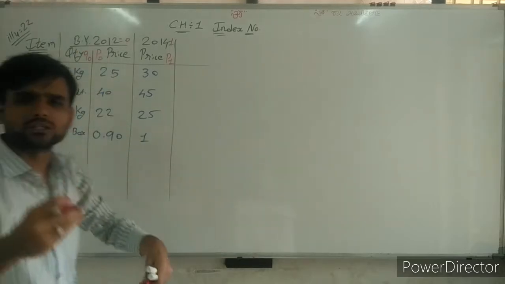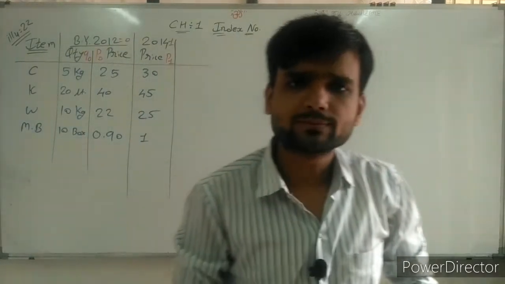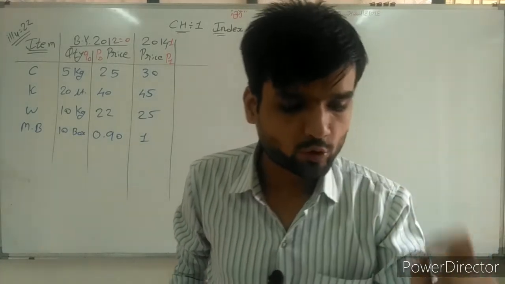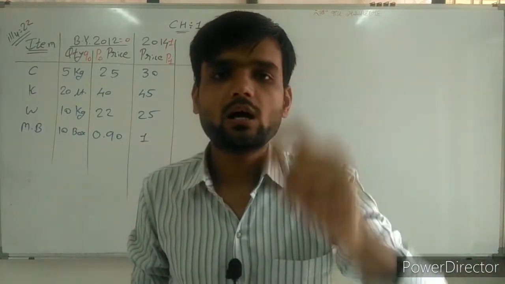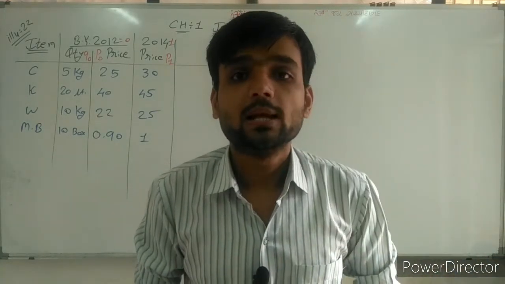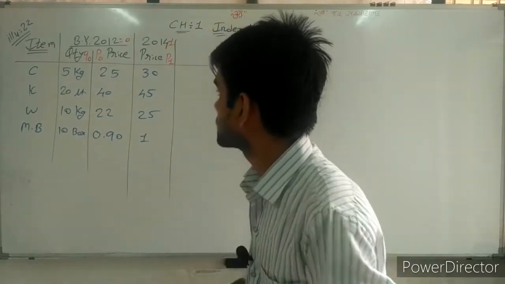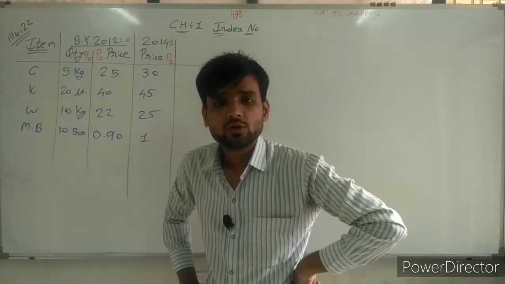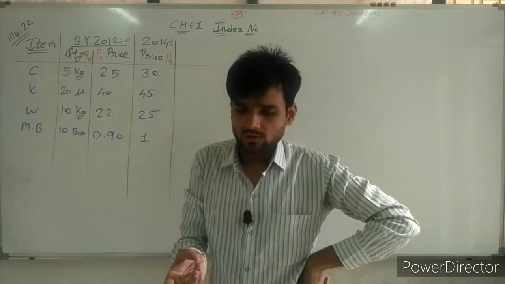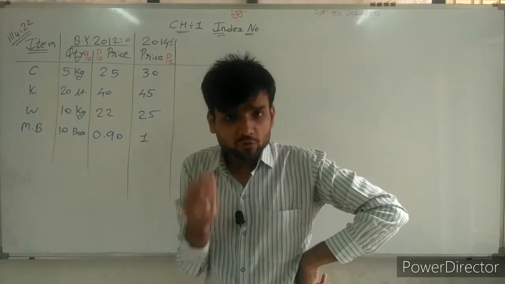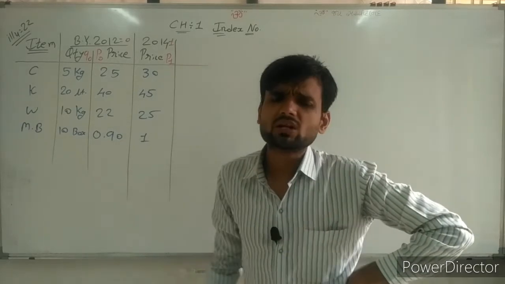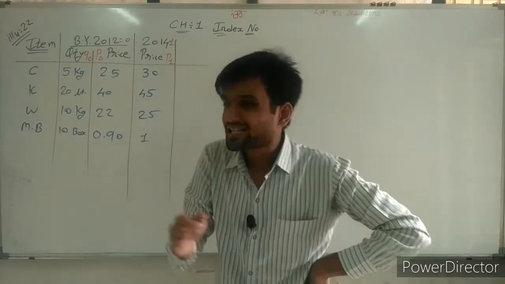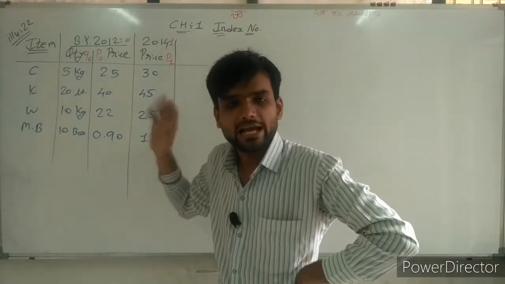Now what is my question actually? Going ahead, reading question. Prepare the index number of the group of fuel expenditure for this data. So this is the first question. Which index number? Laspeyres, Paasche, Fisher. Which index number we need to prepare? That is not given. So which is applicable? Think and apply that rule.